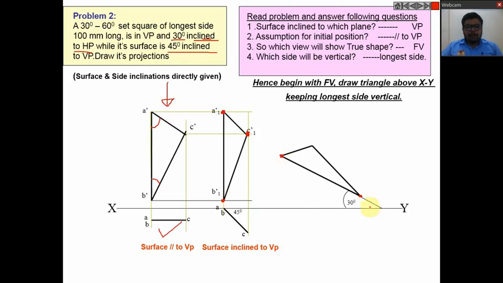So what you have to do, after marking B1 dash, draw one random line here, this one. Then take B1 dash as a center, B1 dash to A1 dash as a distance, and same here, this is B1 dash as a center, and make an arc here. So you will get A1 dash. So after getting A1 dash and B1 dash, with the use of rounder we can mark C1 dash by making an arc something like this from here, this one. So you will get the next point, that is C1 dash.